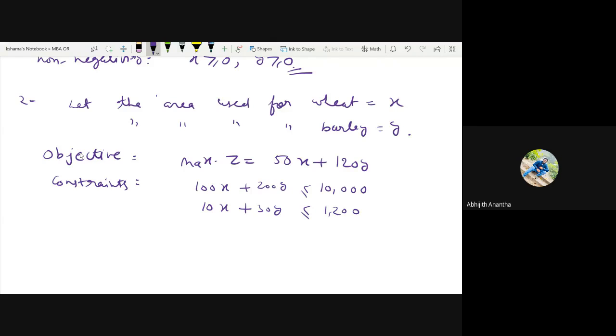Done, ma'am. No, dear. In the beginning, the total area is only 110 hectares. Exactly, that is very important. That's what I'm saying, you should be very careful while writing. Nothing should be missed. They are saying the total land is, whatever he does can be maximum 110. So this is the next constraint.